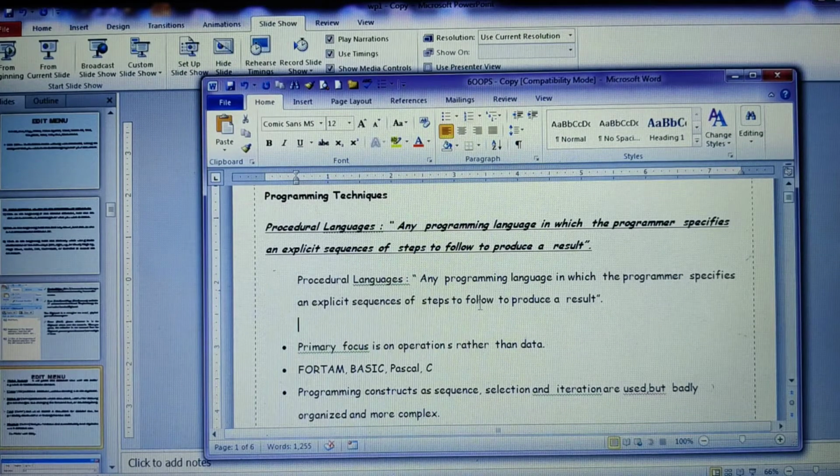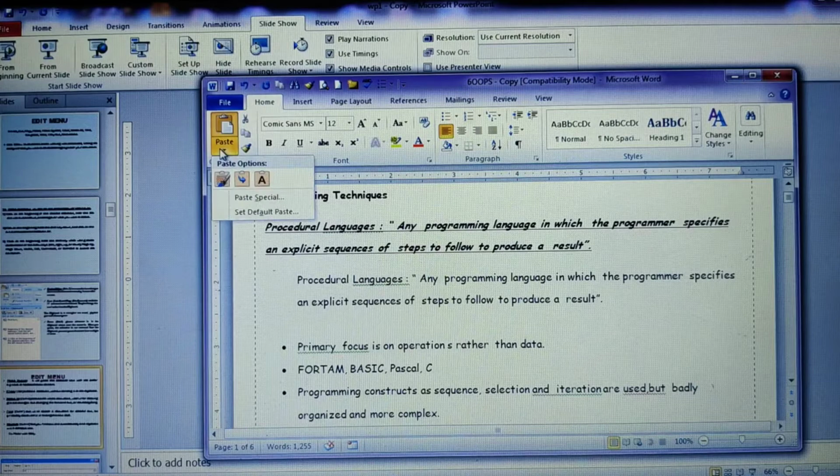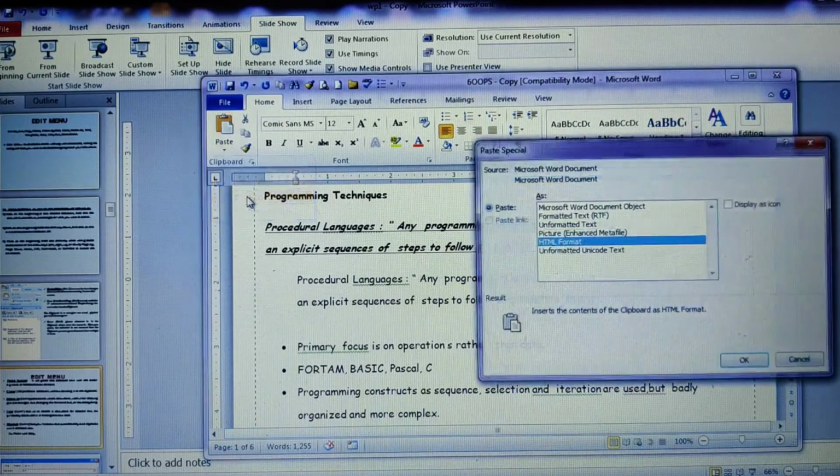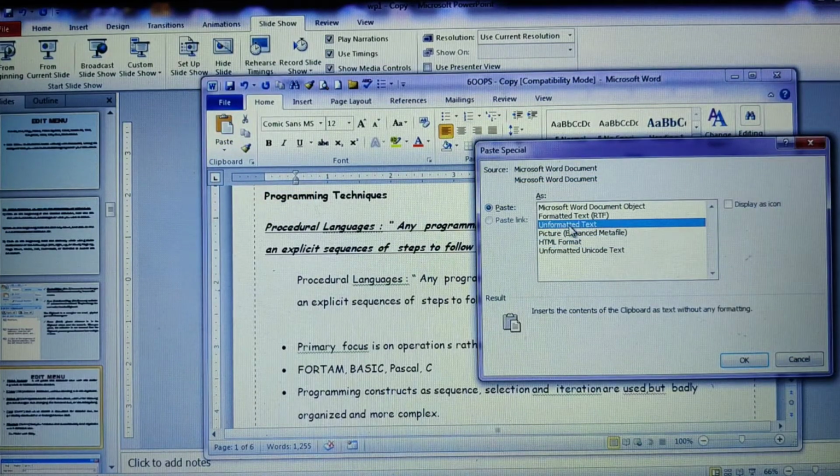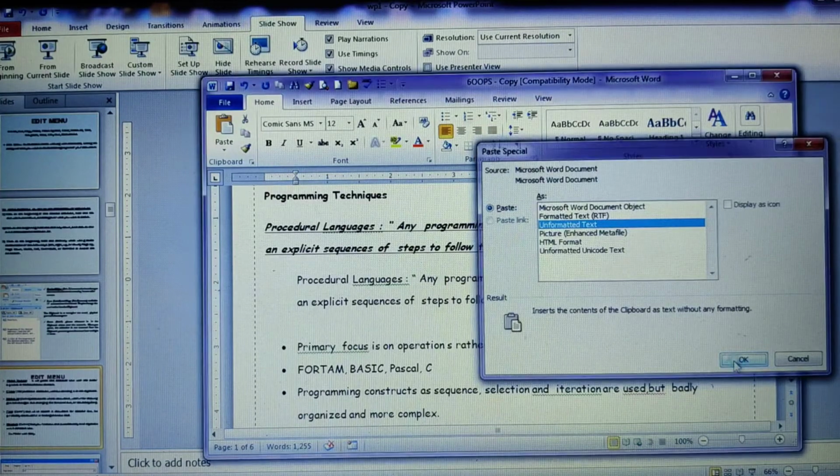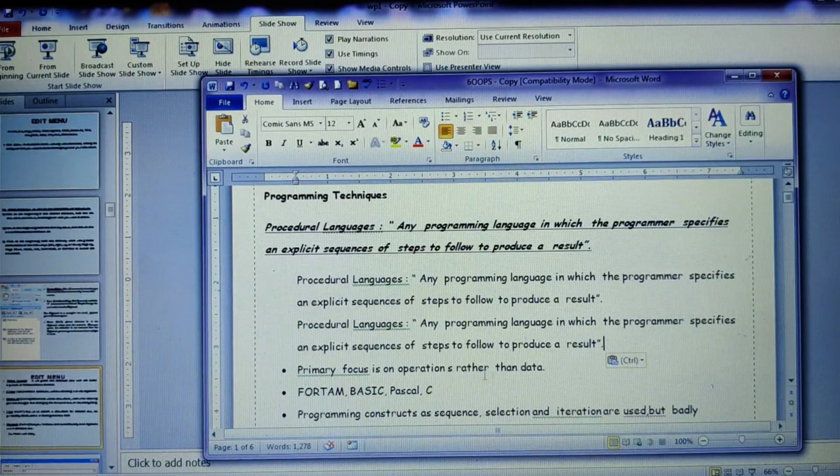It is pasting as plain text without any formatting. Let me go for the paste special option again and choose unformatted text. Unformatted text means the same text which has been copied, and it will paste without any formatting. See, the text has been copied but without any formatting. I hope you are able to understand.